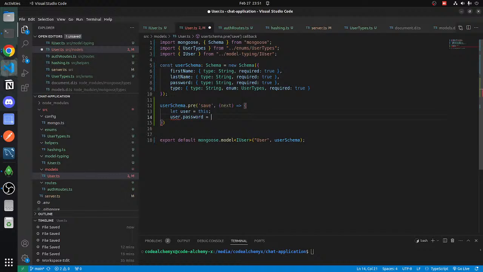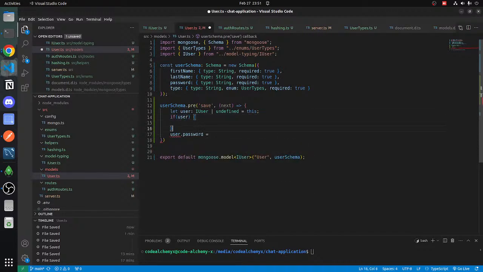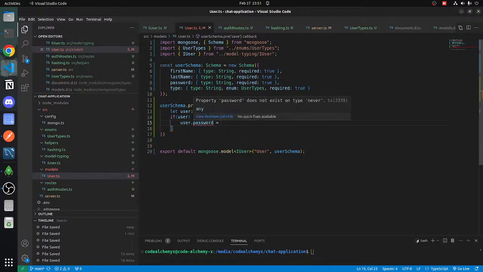Now we know the key, it's a user. Okay, it can be undefined also. So if it's undefined, let's just say if user exists, then do this, and then